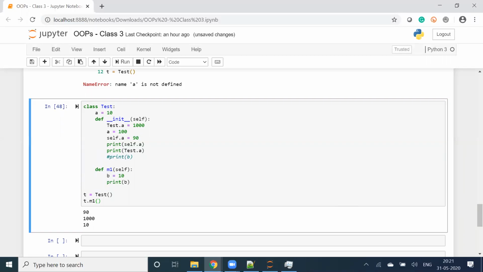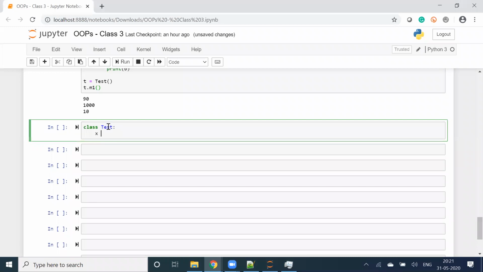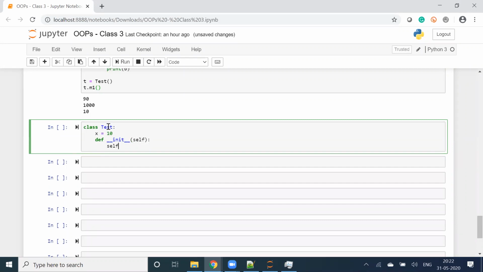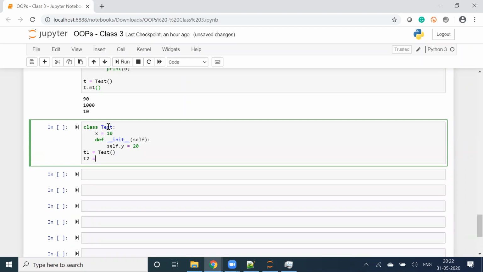Now, let's make it more confusing. I have class test, x is equal to 10, def init, self dot y is equal to 20. t1 is equal to test, t2 is equal to test.